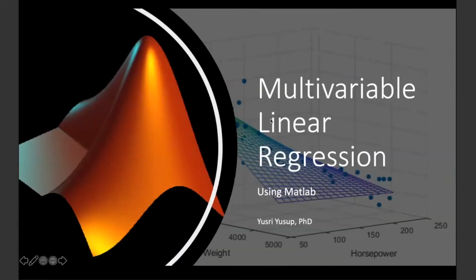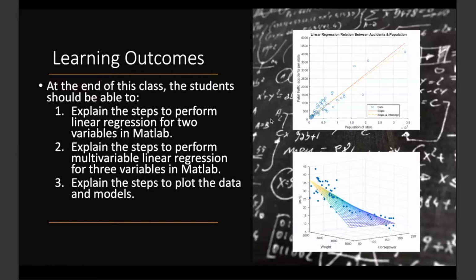Okay. So I'm just going to go through very quickly what we're supposed to learn in this very short one class or one engagement on the topic. These are the learning outcomes for just this 1 hour or 50 minutes. At the end of this class, the students should be able to, not really perform linear regression, but at least know the general idea of how we approach linear regression and multivariable linear regression